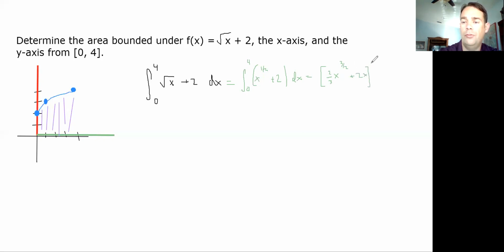And we're going from 0 to 4. So plug it in here. 2/3 times 4 to the 3/2 plus 2 times 4